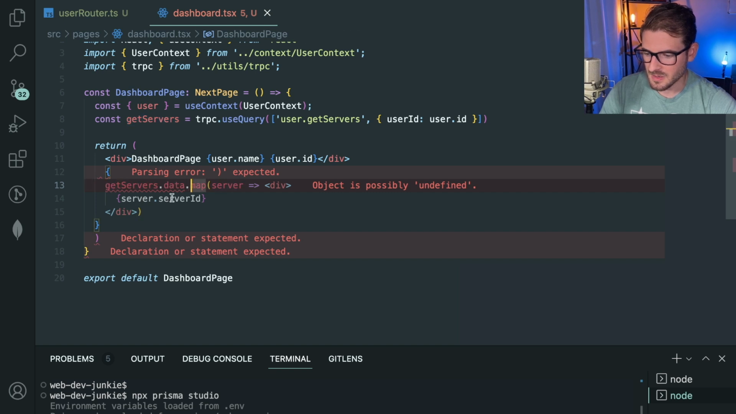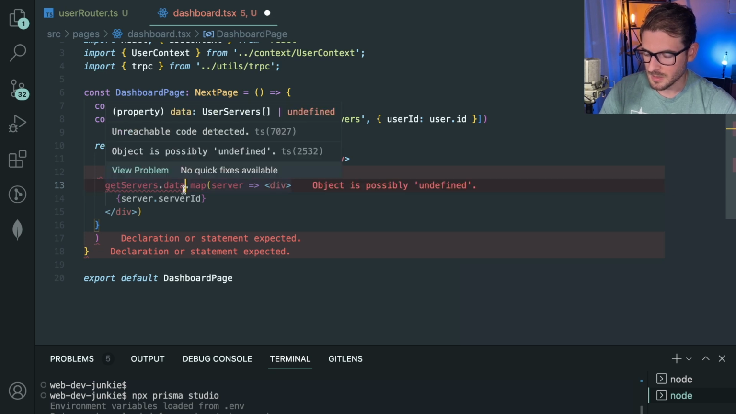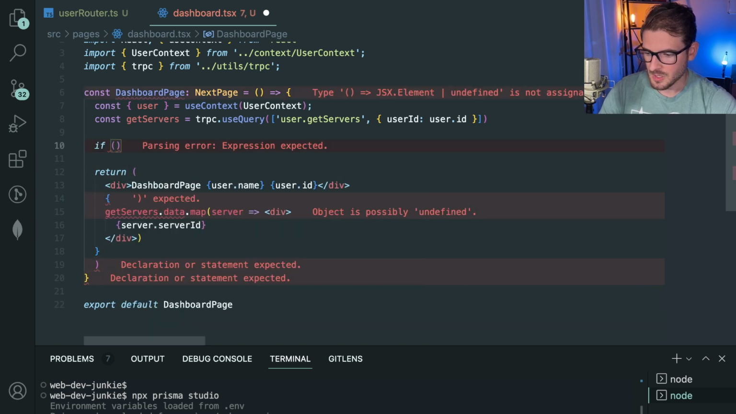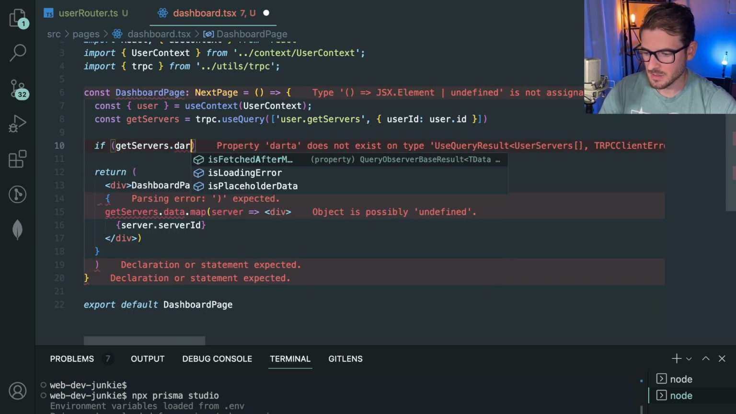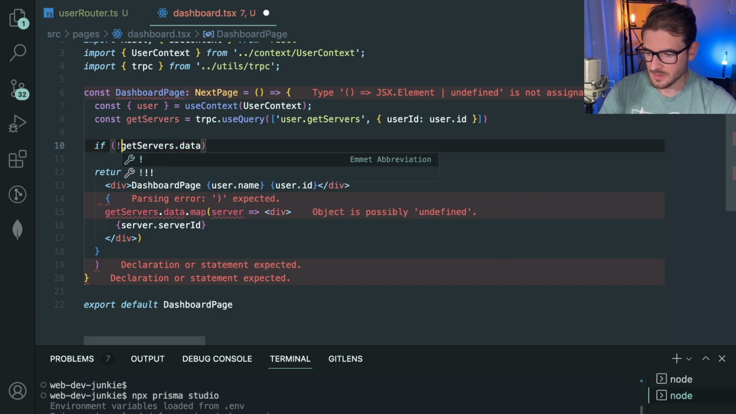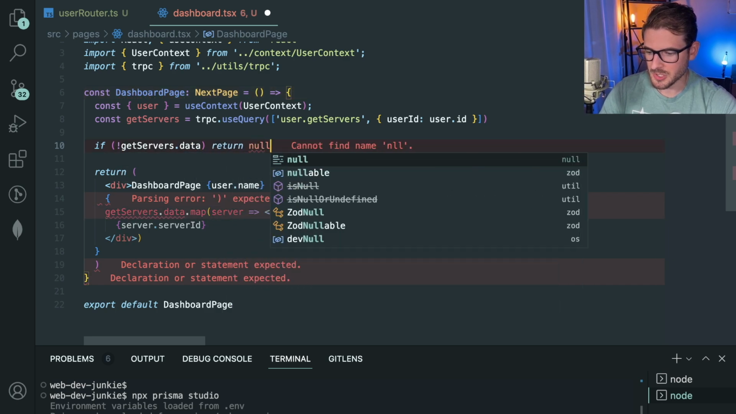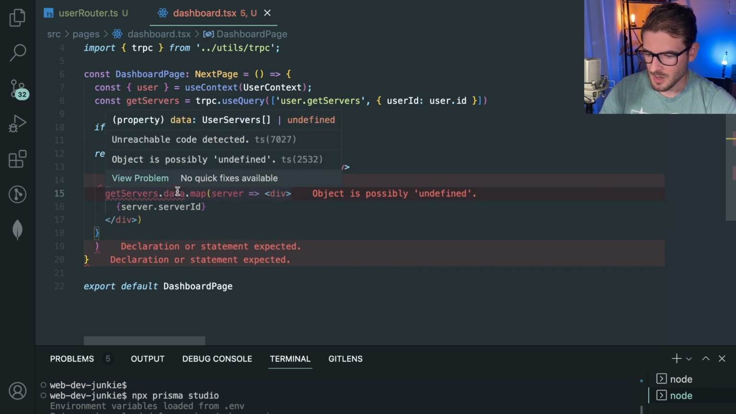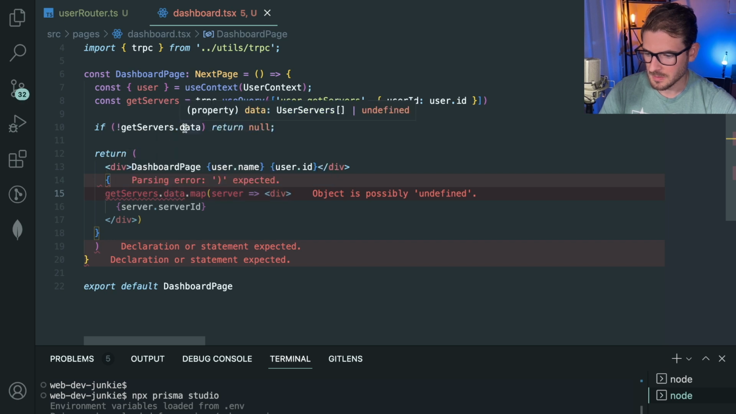And this is complaining because it's saying that this is possibly undefined. So you could just probably not map over it, I believe. Or if getServers.data is not defined, we could just return null or return an empty fragment. I don't know what the proper way is to do it in React, to be honest, but object is possibly undefined. I don't know why that's complaining, I just put a check here that should have hopefully not displayed it, but